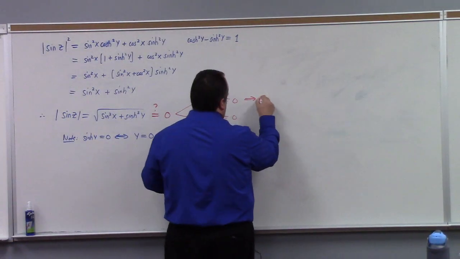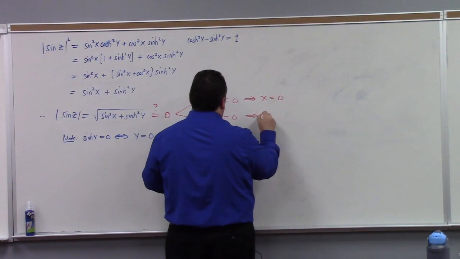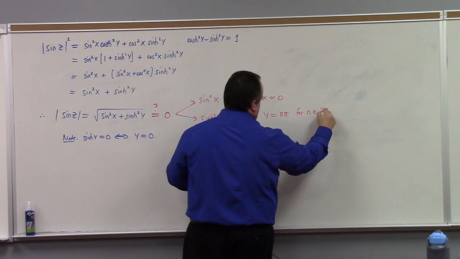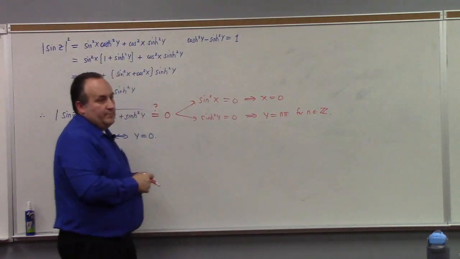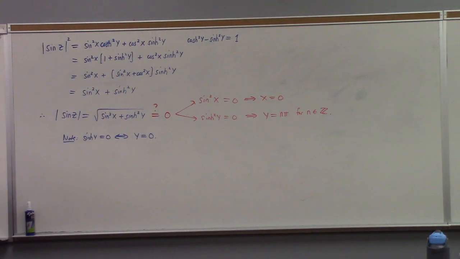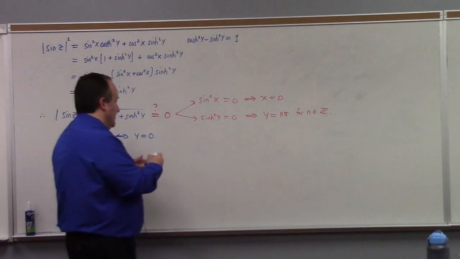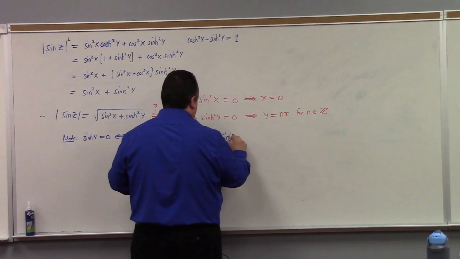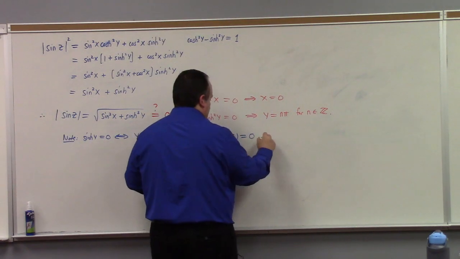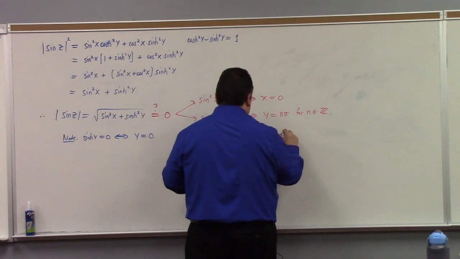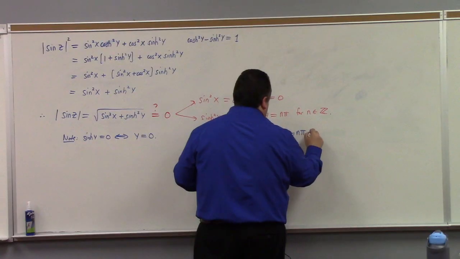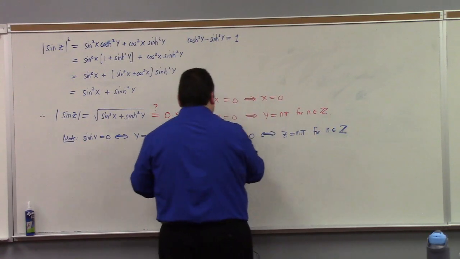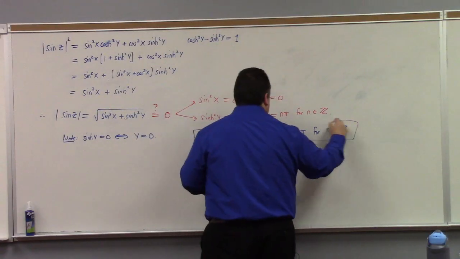This forces x equals 0, and this forces y equal to n pi for some integer. And what I've just shown you, then, is that theorem: sine of z is equal to 0 if and only if z is equal to n pi for n in the integers. Now, of course, you might argue I only showed one direction of that,